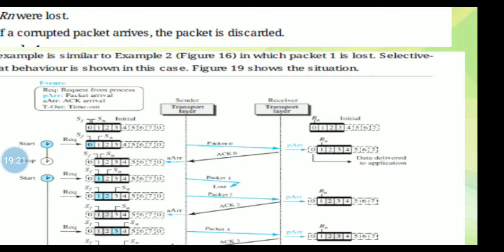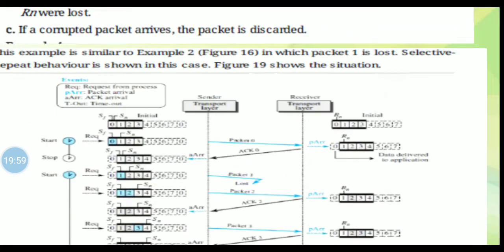The send window then slides. At the receiver side, we need to distinguish between the acceptance of a packet and delivery to the application layer. At the second arrival, packet 2 arrives and is stored and marked in a shaded slot, but it cannot be delivered because packet 1 is missing. Packet 3 arrives and is marked and stored, but still none of the packets can be delivered. When finally a copy of packet 1 arrives, only at the last arrival, packets 1, 2 and 3 are delivered to the application layer.